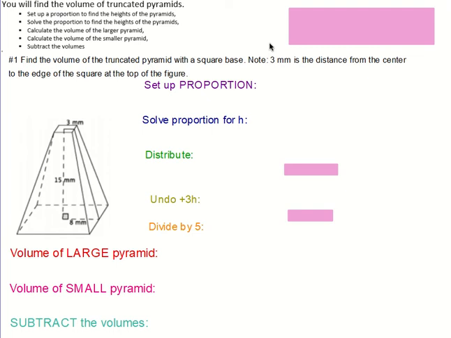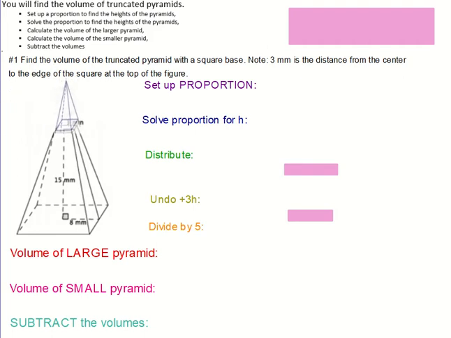Here's a solution to problem number 1. Find the volume of the truncated pyramid with a square base. Note, the 3 mm is the distance from the center to the edge of the square at the top of the figure. So what we're going to do to find the volume of this truncated pyramid is envision having a